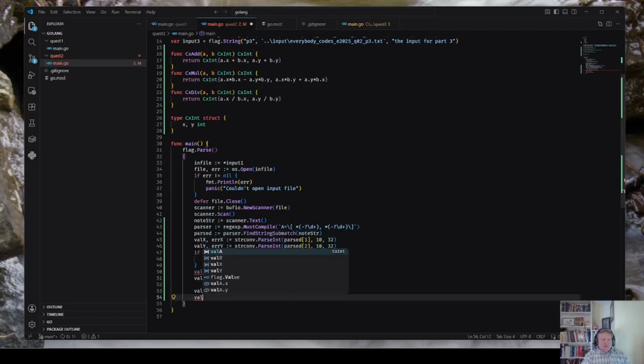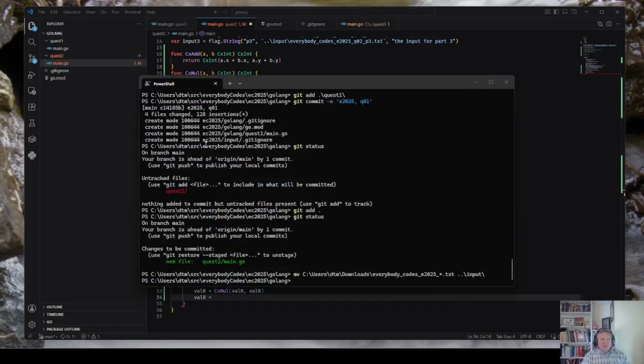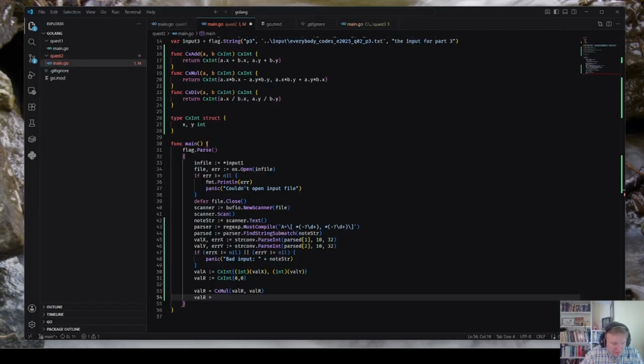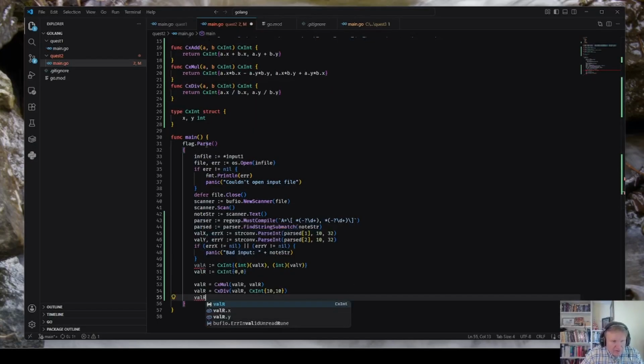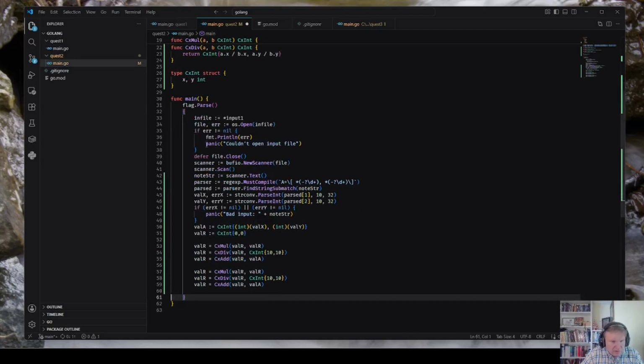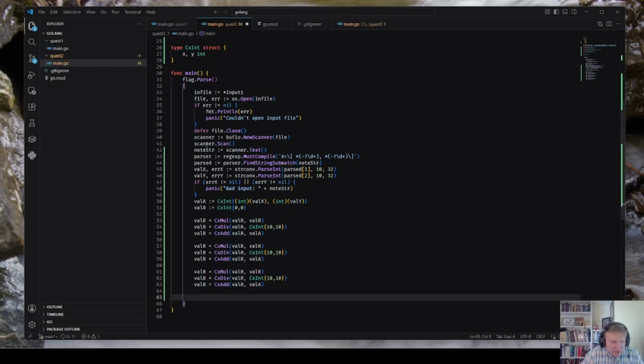And then I say val r equals, what am I doing? I'm doing val r is val r slash 10 comma 10. Div val r cx int 10 10 val r plus a r val a. Paste, paste. Okay, do that 3 times, then